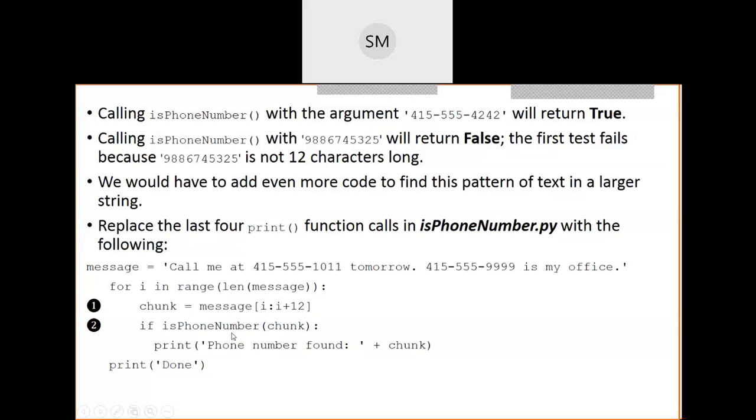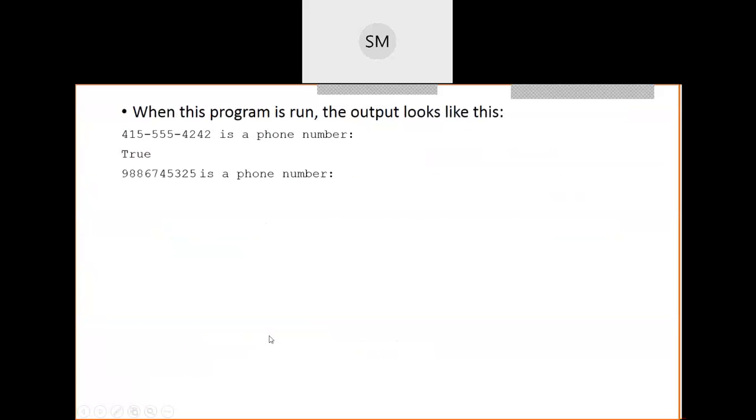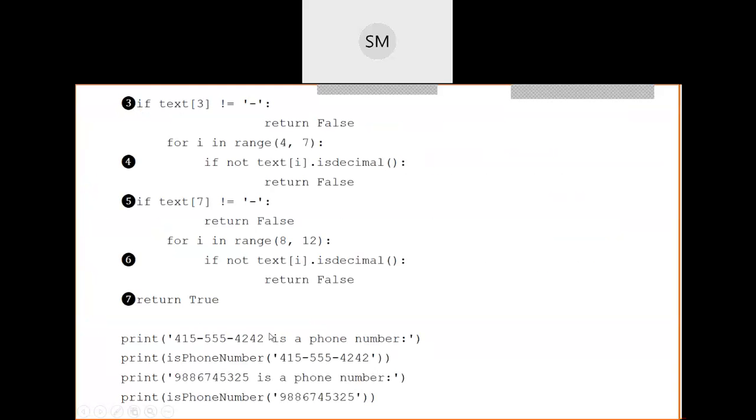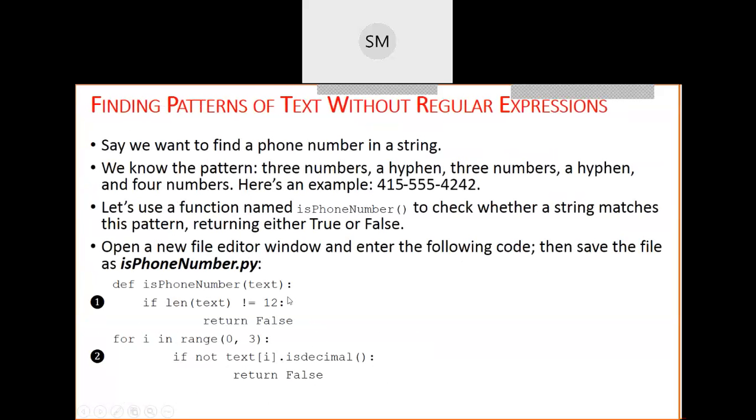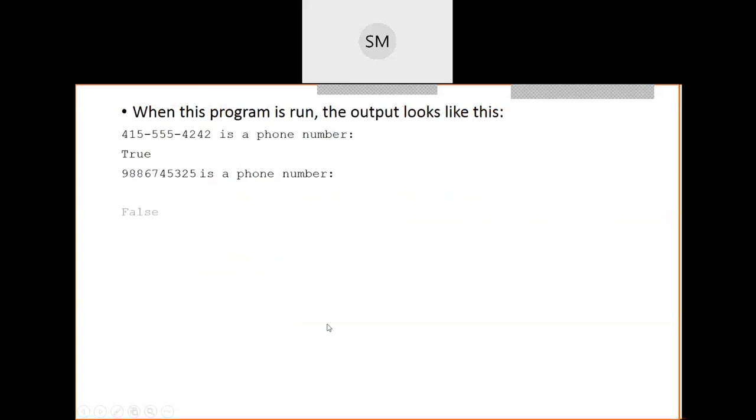Of course, the first condition will be true because the number of characters is 12. First condition was there, no? In the previous program, if you want, I will show you. See, this is the first condition. If the length of text is not equal to 12, and if this condition is false, this will be skipped. Now the control comes to this for loop. So here what is it going to check? i in the range of 0 to 3. So it is going to check only the first 3 digits. So the first 3 digits of these 12 characters are what here,